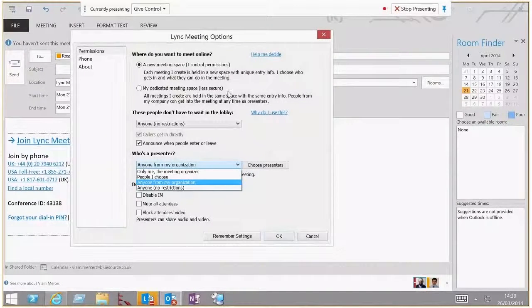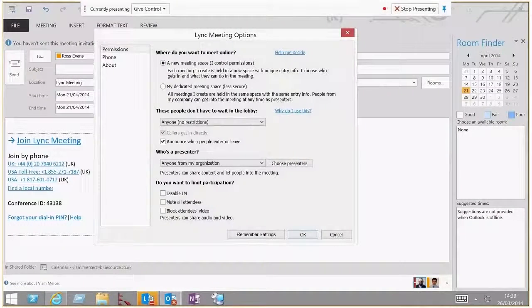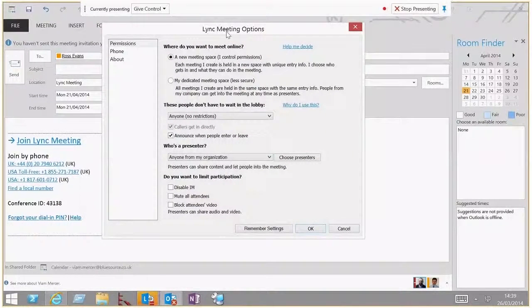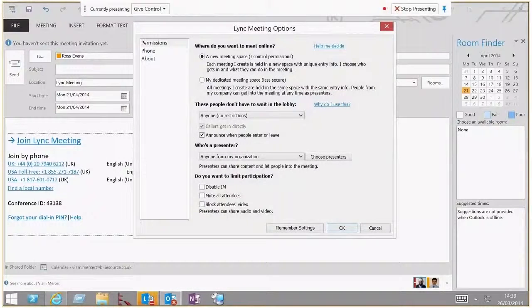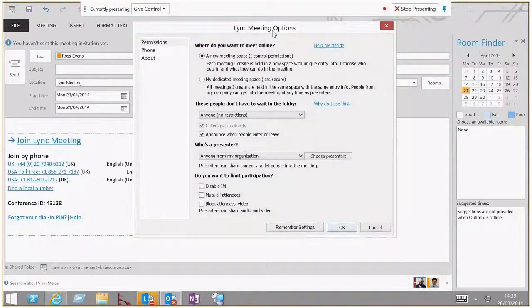So there's a lot of options right here within the when you schedule the meeting. The same set of options are also available once you're in the meeting as well, so you can change them on the fly. So there was one customer deployment that we did, and they were actually using GoToWebinar as well